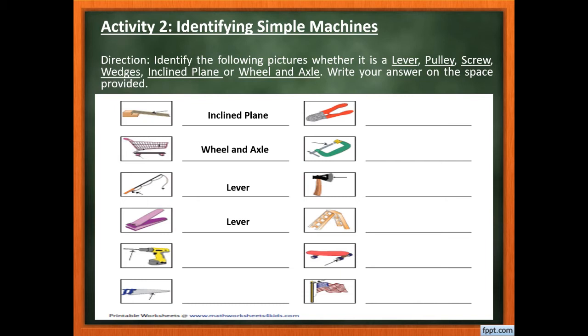For the fifth picture, we have a drill bit. A drill bit is an example of a screw. The sixth picture is a handsaw, and a handsaw is an example of a wedge. The seventh picture is a can opener, and a can opener can be an example of a wheel and